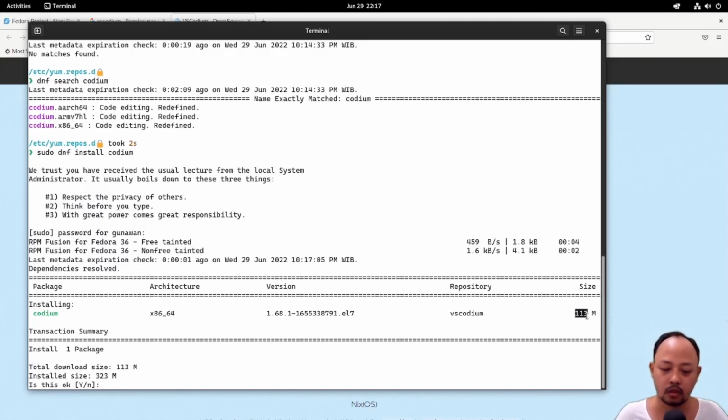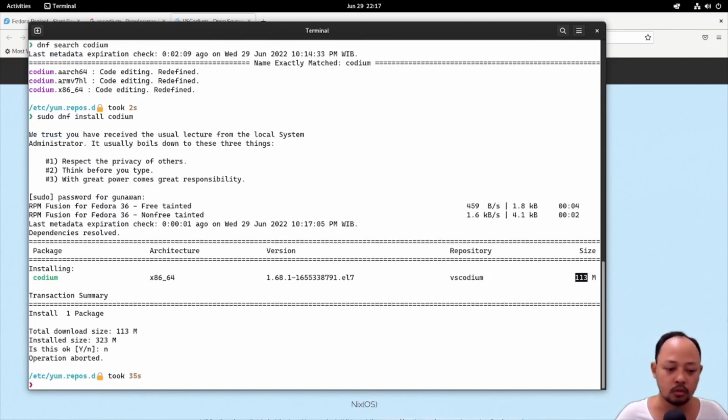I think it's very big for me because my internet is not fast enough. So maybe later we will try the VS Codium,